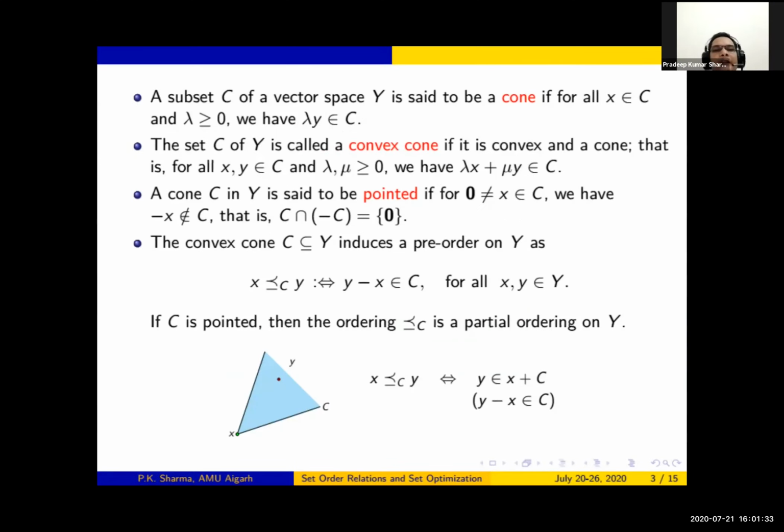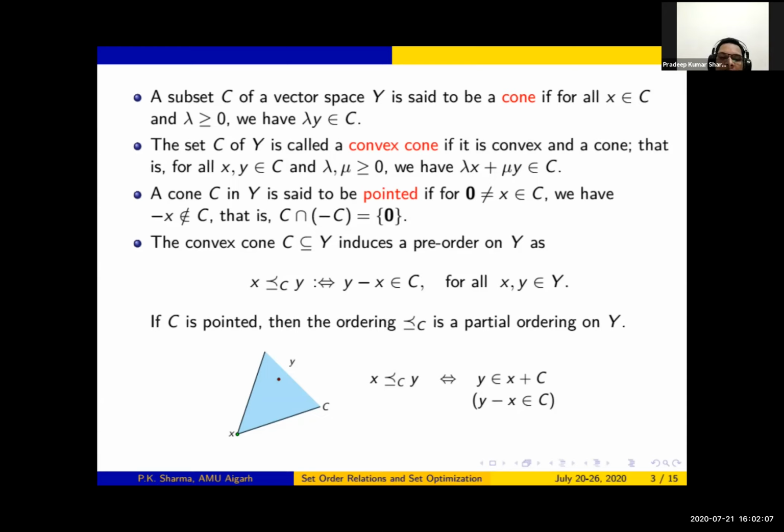Further, a subset C of a vector space Y is said to be a cone if for all elements y of C and non-negative lambda, we have lambda y is in C. Basically, lambda y is the ray originating from the origin. And every ray originating from the origin will be in C. So we will say that C is a cone. In the figure, we can see that the